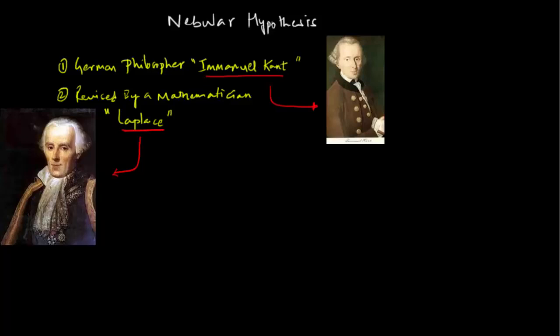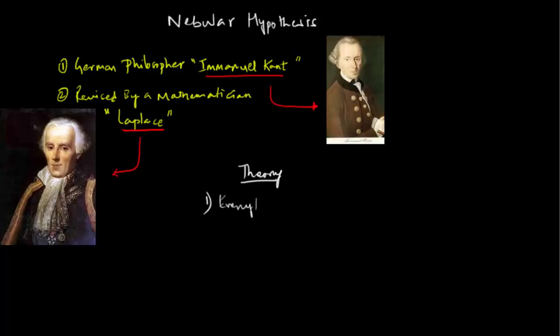In this video, we'll try to understand what are early theories behind the origin of the Earth. Now, many hypotheses were recommended by various philosophers and scientists regarding the origin of the Earth, and one of the earlier and popular arguments was made by a German philosopher named Immanuel Kant, and later on a mathematician named Laplace revised it in 1796. So to understand this theory, I recommend that you go with this order.